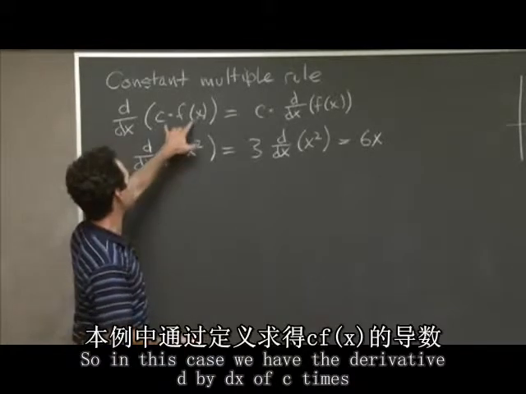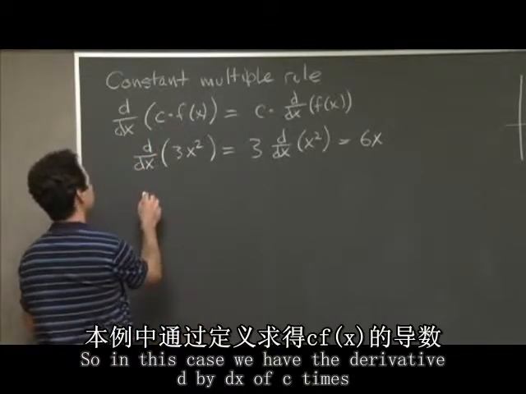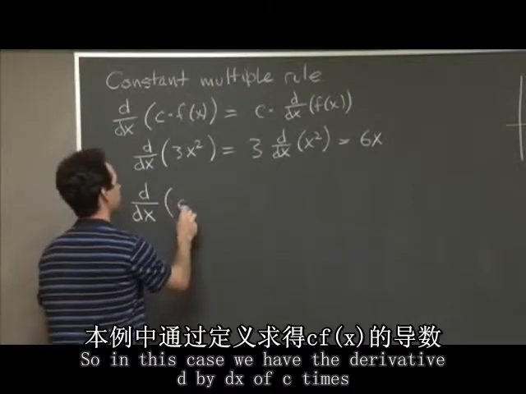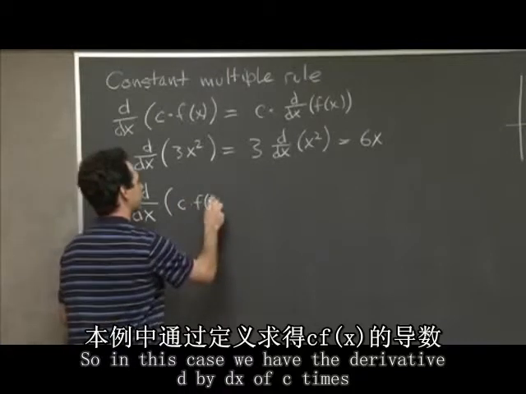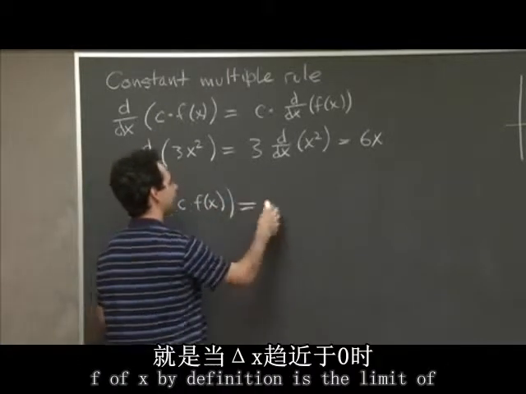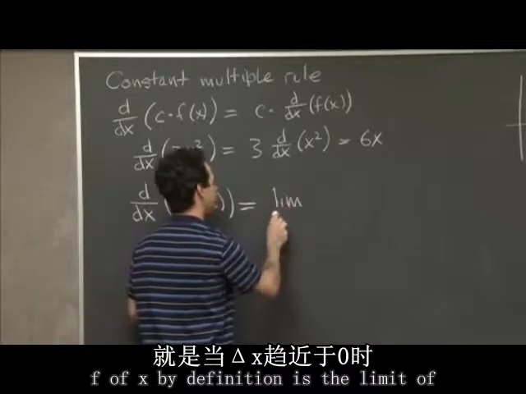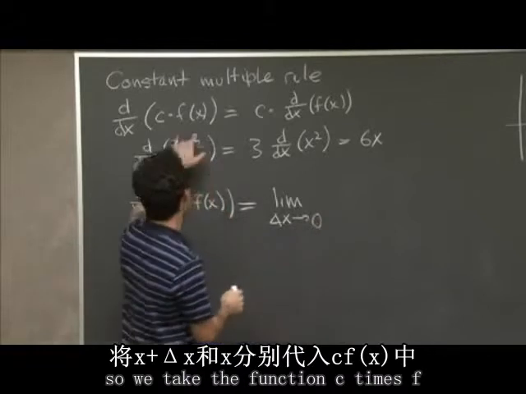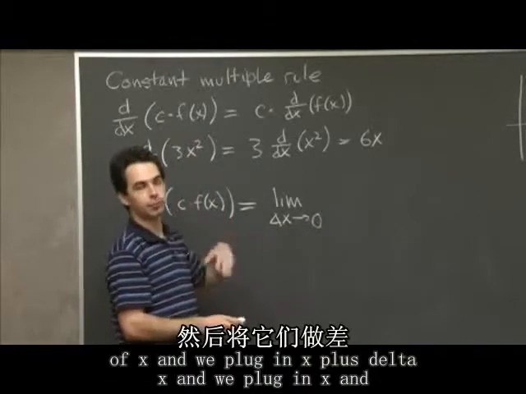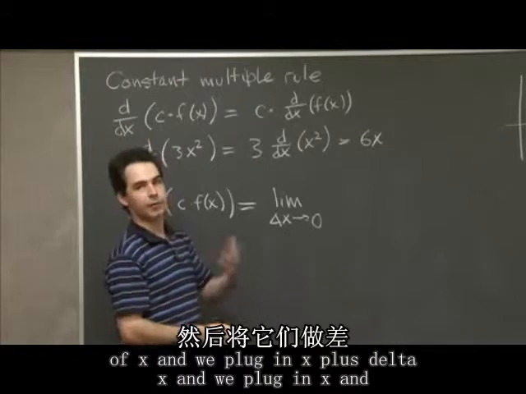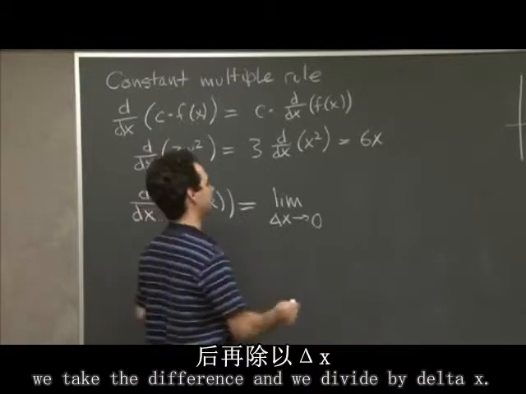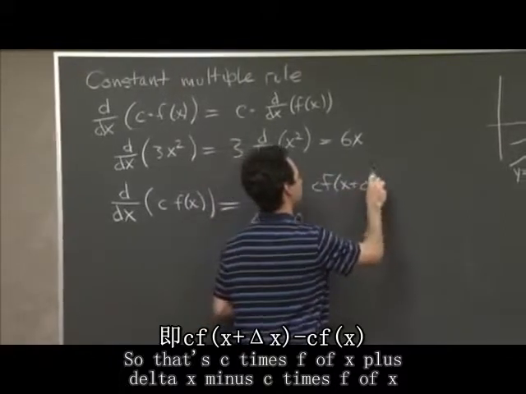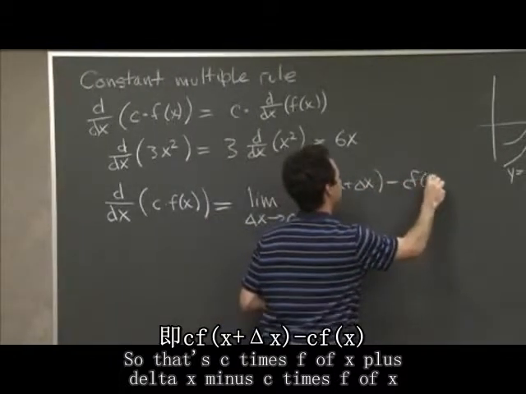So in this case, the derivative d by dx of c times f of x, by definition, is the limit of a difference quotient as delta x goes to 0 of, so we take the function c times f of x, and we plug in x plus delta x, and we plug in x, and we take the difference, and we divide by delta x. So that's c times f of x plus delta x minus c times f of x